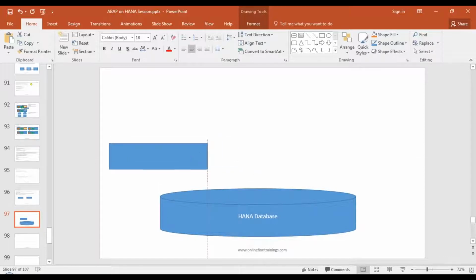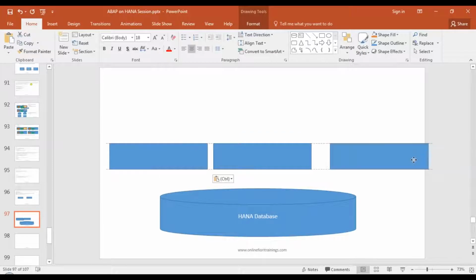This application server could be any application server. Majorly you would know three of them. One is the ABAP application server. Second is the BW application server, which is again built using ABAP only, BW ABAP.